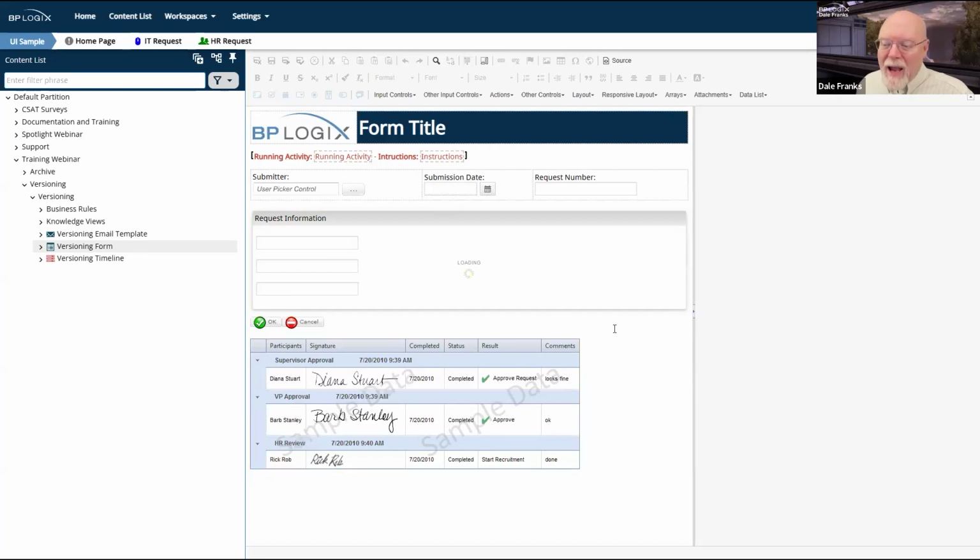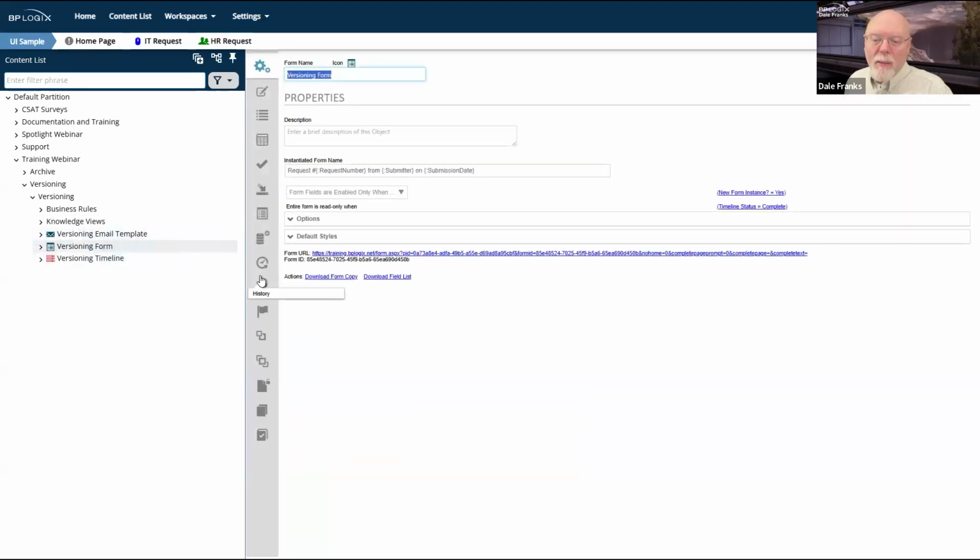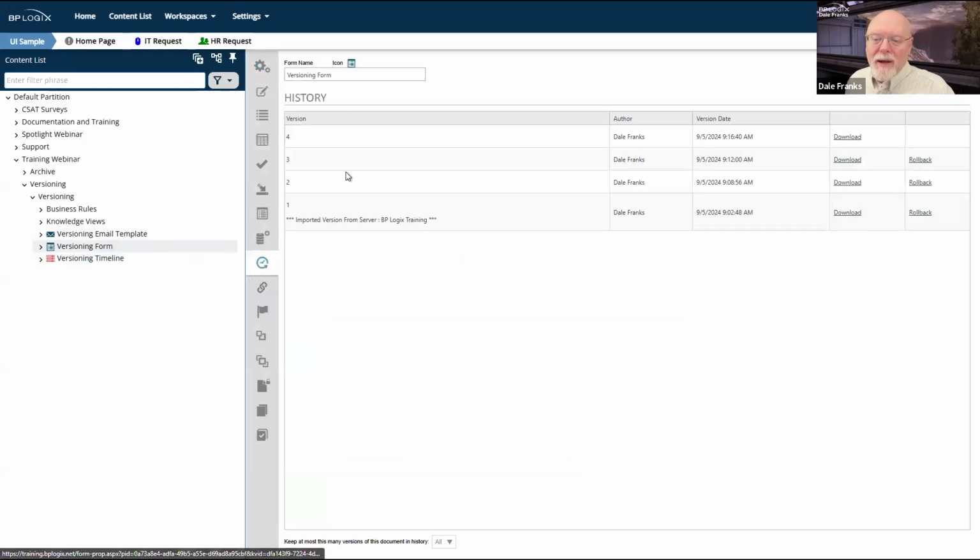So I can go in for maybe 3 or 4 hours and be making little interim saves here and there, and that's perfectly fine. There's no reason why you shouldn't do that. But just remember that once you do that, you go back over to your history, these versions that you're adding every time you hit that save button count against your 100. So you can go through 100 rows here pretty quickly.